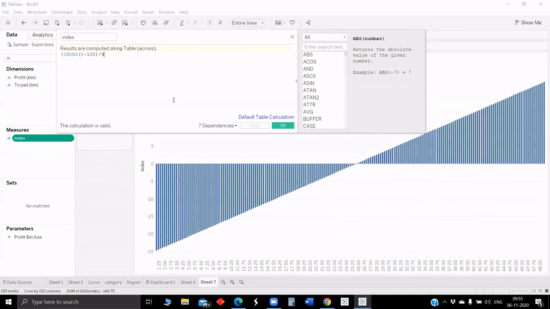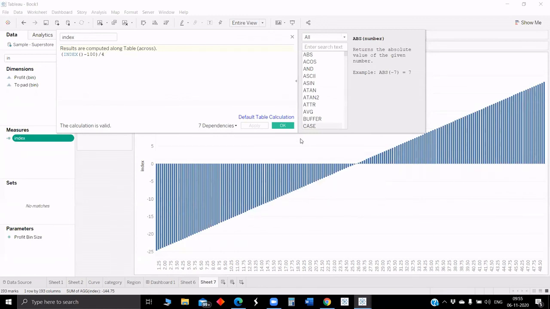So when you add a bin size of 1, like 24 work, index minus 25 by 4, now we made it more granular to 0.25, right? If you multiply the numerator by 4, now I made it 100, you can see it is uniform. If the bin size is 1, we are using index minus 25 by 4. If you make it more granular, like currently 0.25, and replace the 25 by 100, you can see here in the calculated field, we are getting symmetric. There is some relation like this.